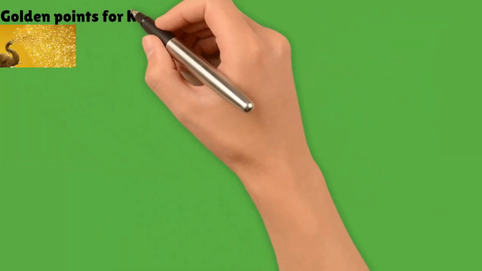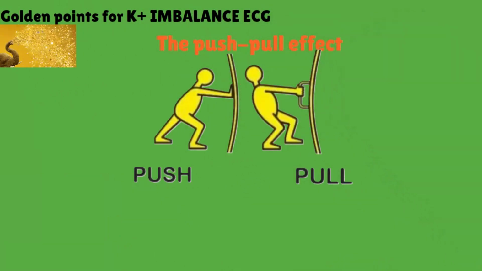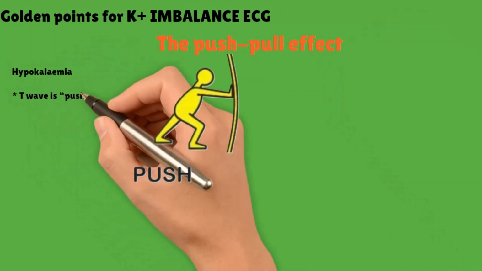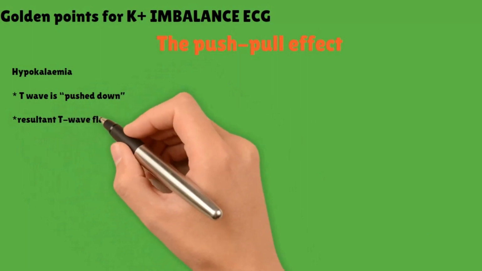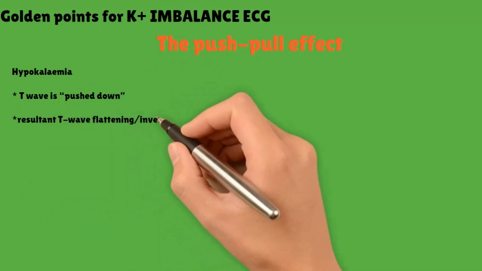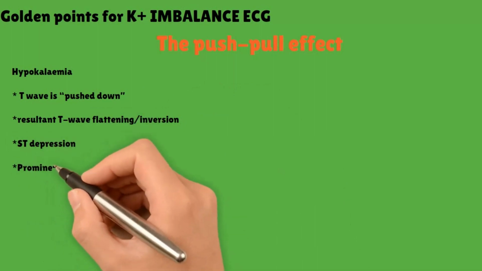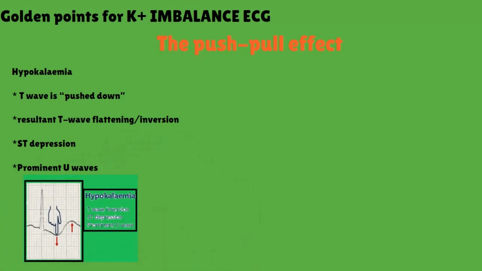See, the golden point for potassium imbalance on ECG is the push and pull effect. In hypokalaemia, there is a pushing effect, meaning the T wave is pushed down, so the resultant T wave will be flattening or inversion of the T wave. There is ST depression and there will be a prominent U wave. You see this diagram, there is pushing of the T wave and there is uprising of the U wave,